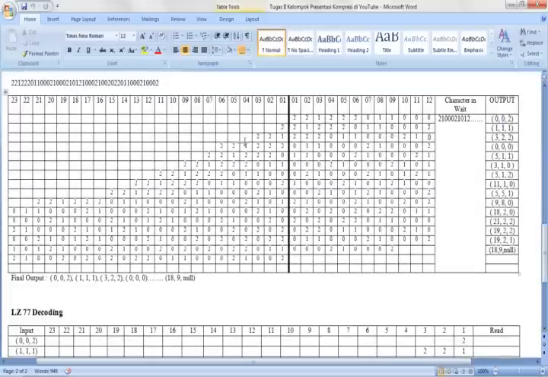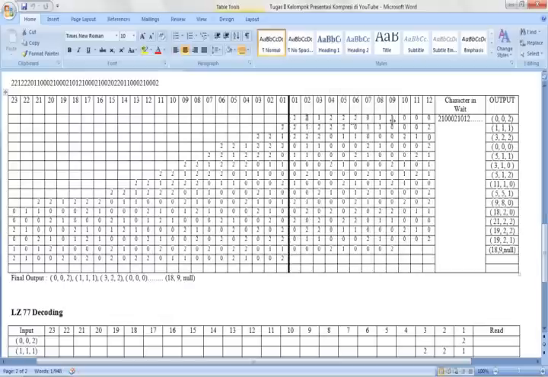Okay, after that we go down to the second step.